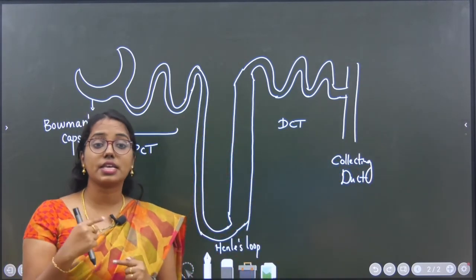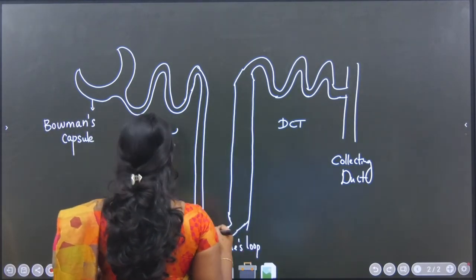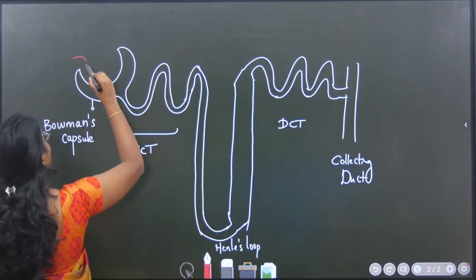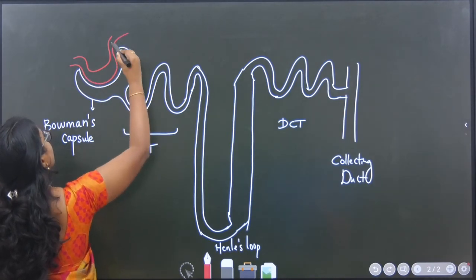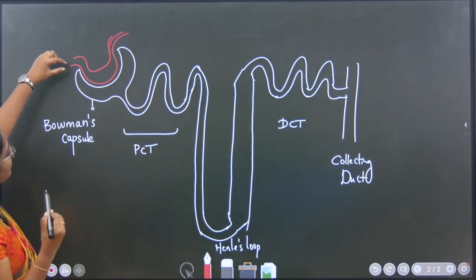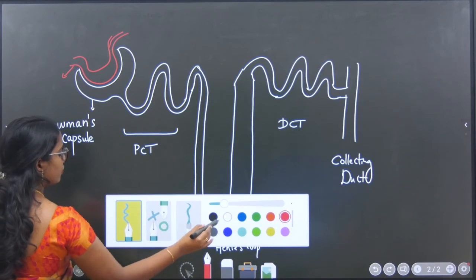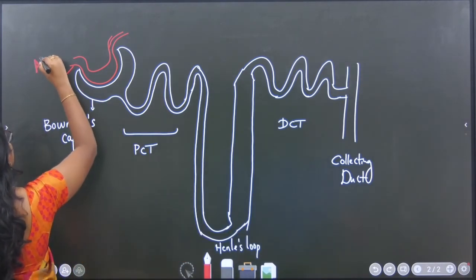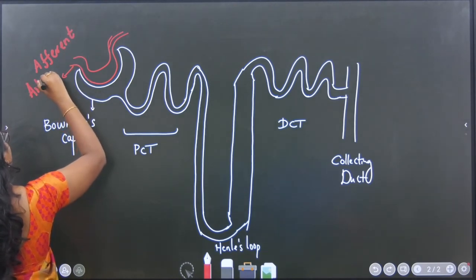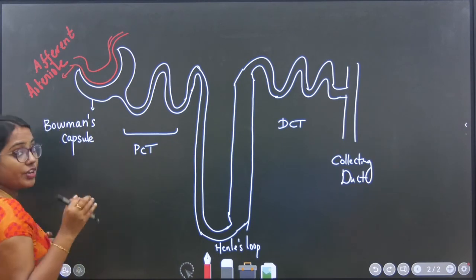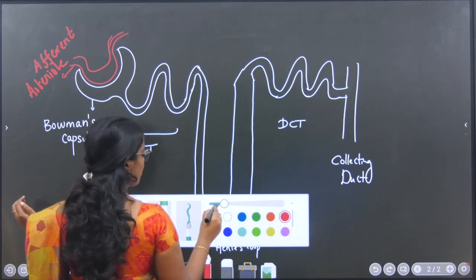Now, the nephron is surrounded by the blood vessels. So, let me take the red color to indicate the blood vessels. So, here the blood vessel which is entering the glomerulus is called afferent arteriole. What is the name of this? Afferent arteriole. Afferent arteriole is nothing but the blood vessel which enters the nephron, and here